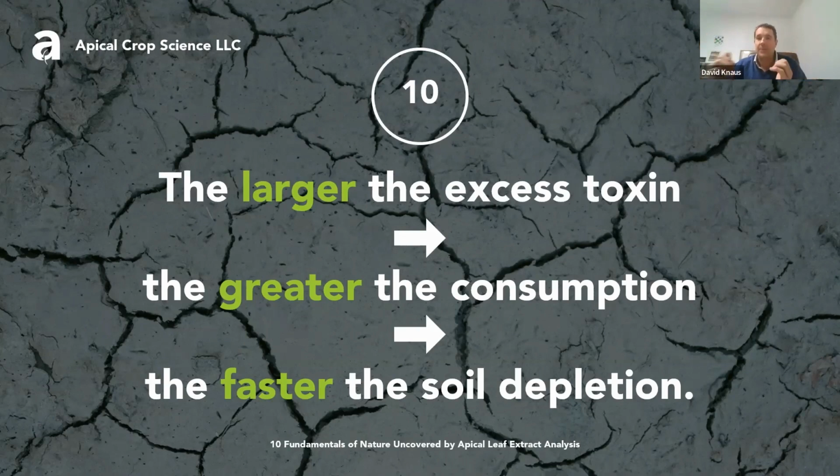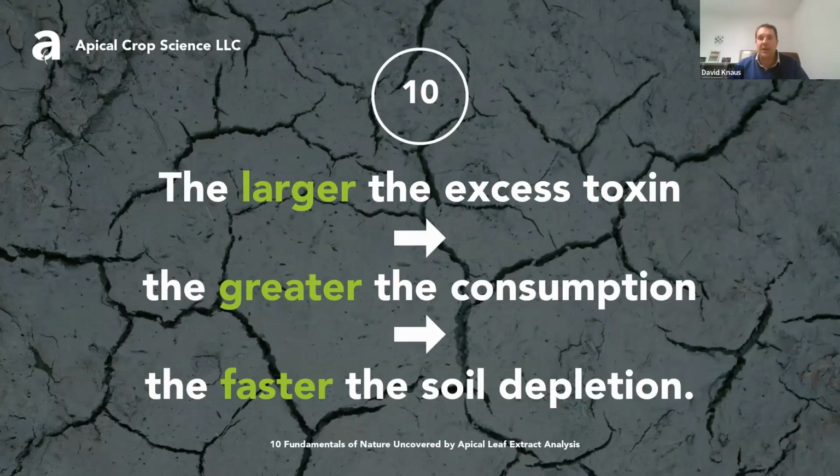So, why soil depletion is happening, how it can be fixed, and how you can utilize our leaf analysis to track that in real time and begin to make change in whatever situation you're in, whether it's a backyard gardener or a multi-thousand acre agronomist, farm owner, et cetera. In other words, as your plants create sugars in the upper portion of a leaf analysis that's monitoring it, right? The higher that sugar is, the more rapidly you're building soil organic matter. The lower that sugar is, the faster you're depleting soil.